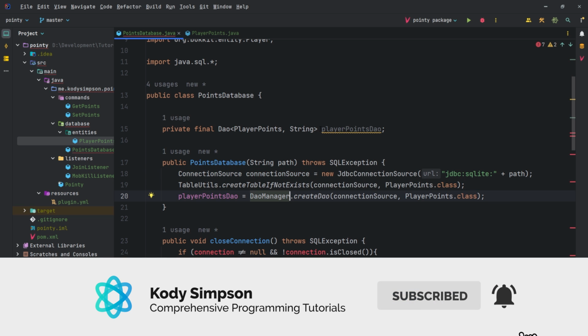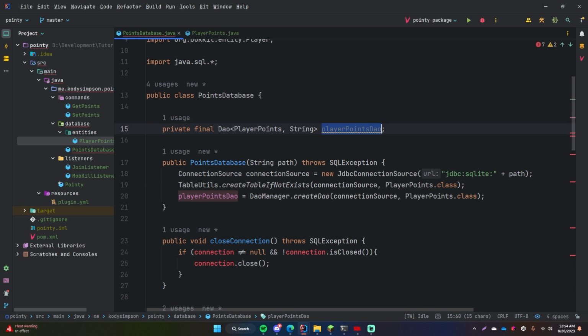So this gives us basic CRUD functionality, meaning that we can create new PlayerPoints objects, update PlayerPoints objects, delete PlayerPoints objects, we can do all that stuff, right? This gives us all the basic database functionality for our PlayerPoints class without us having to write a single bit of SQL code, okay? So this is simply the object that we use to interact with the PlayerPoints table. In simple terms, that's what it means. Hopefully that makes sense.